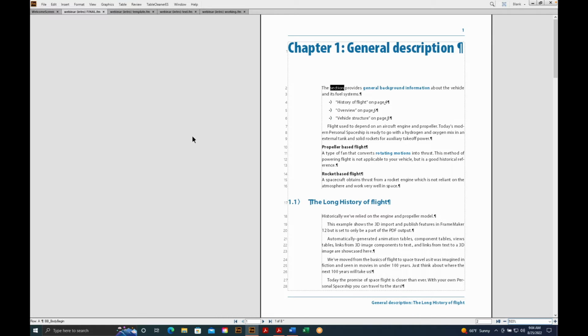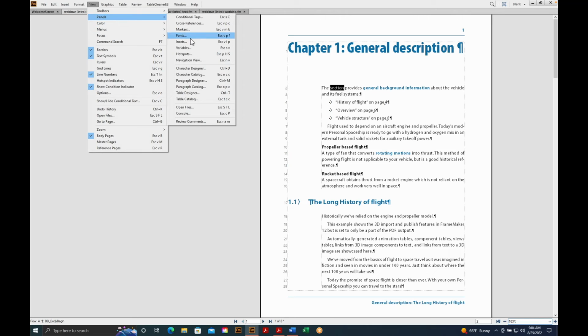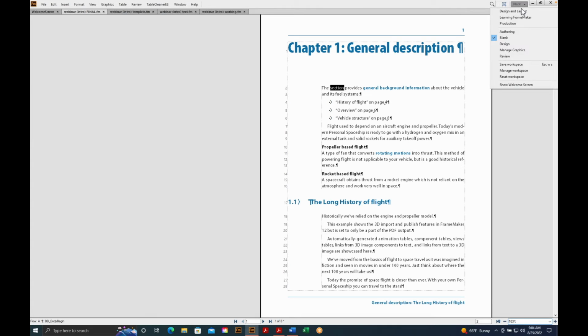I can go to a menu, for example. I can go to the view menu and click on panels, and I can choose a specific panel that I want. Or I can access the panels via the workspaces that come with the software. For example, in the top right corner, this is the workspace list. Right now I've got the blank workspace loaded because I wanted to start with a clean interface as we started